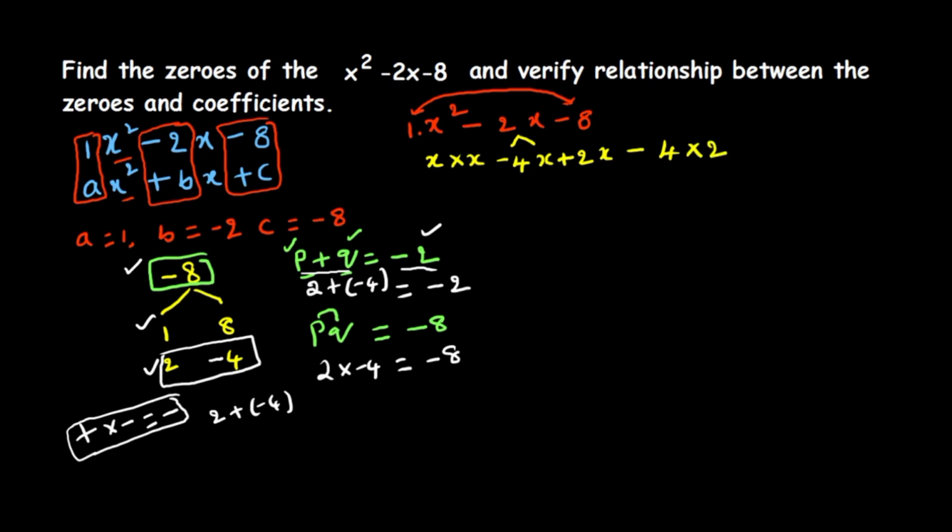Now we should take the common factor from this. What I am going to take here, x is the common in both of the first two terms. So we take x common here. Then we get in the bracket, x minus 4 is the balance from this. So we take x minus 4 here.